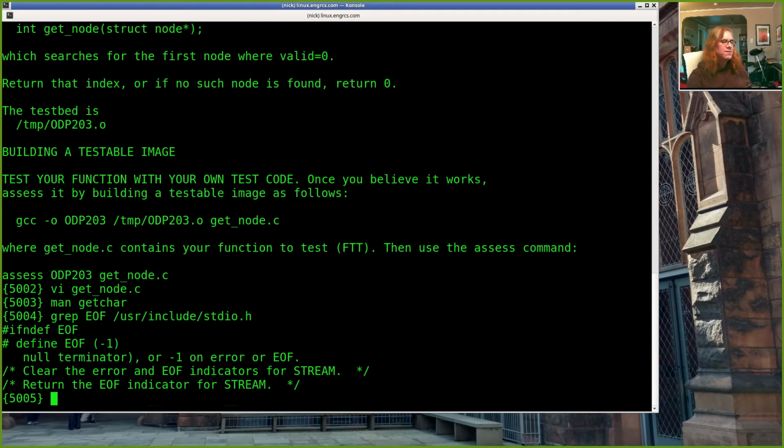Right? EOF is a symbol. It's defined in standard io.h to be -1. So when you call getc, you could say if getc returns -1, but why -1? What does that mean, right? Well, it's got a nice symbol here, EOF, which is short for end of file, and anybody anywhere on the